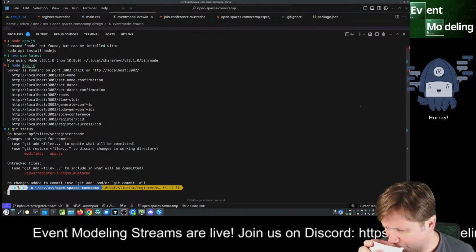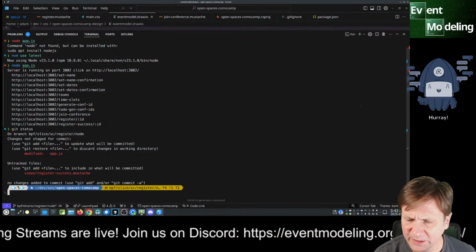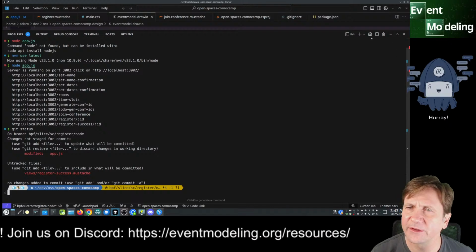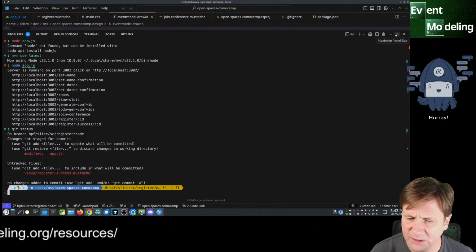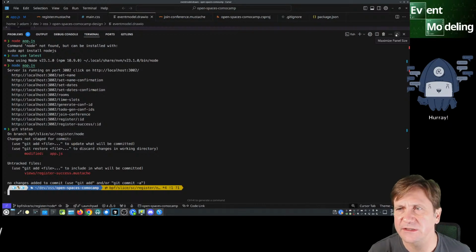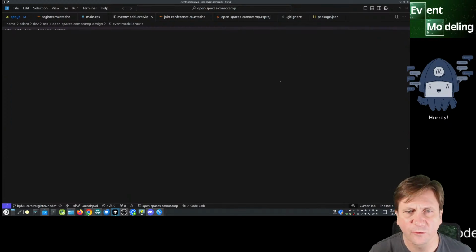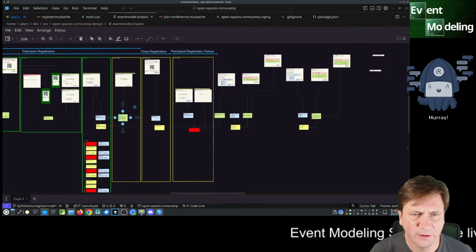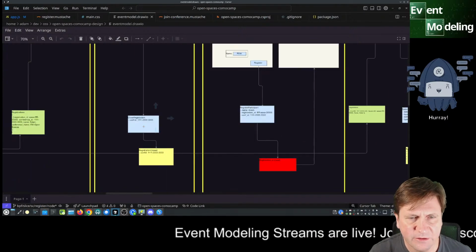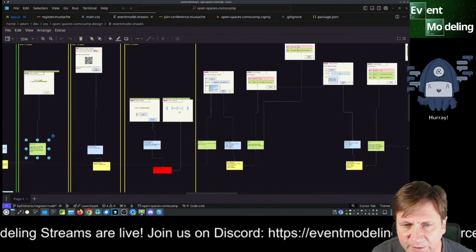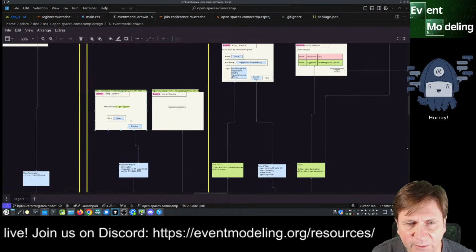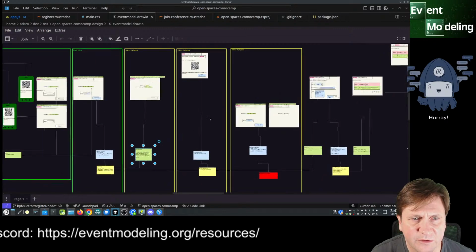So the UI is kind of a little bit different when you're dealing with by the slice, because you're always trying to attach one of these slices to either a green box or a blue box, and these are your state changes or your state views. When we look at, you know, a successful registration, which was over here,